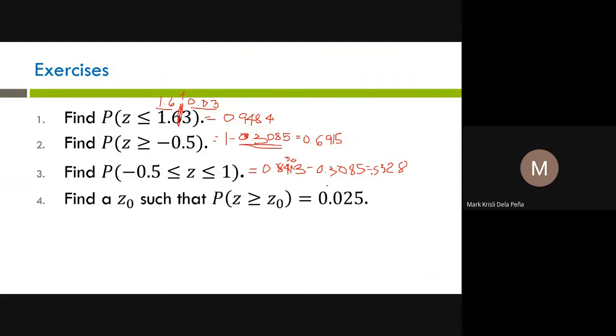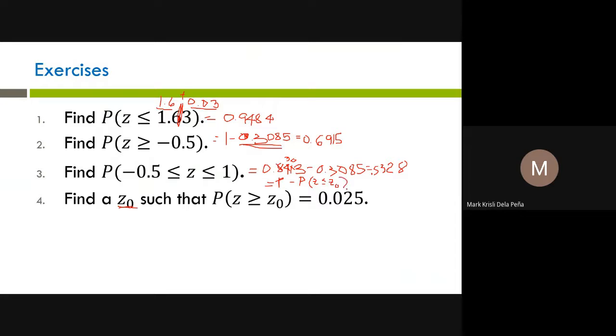Okay, then how about this one? Now, this is a different situation, the reverse of the three previous examples. Find a value of z such that P(Z ≥ z₀) is 0.025. We have to take note that this can be written as 1 minus P(Z ≤ z₀),